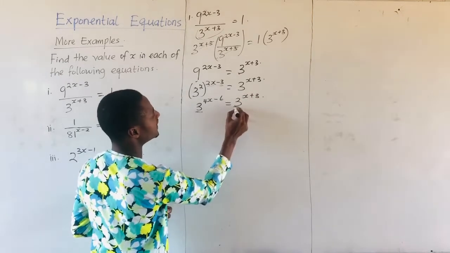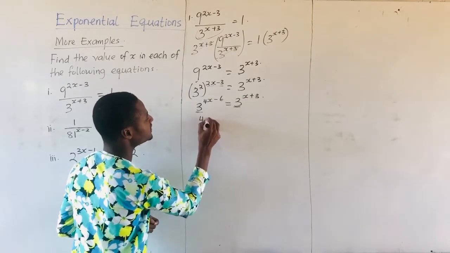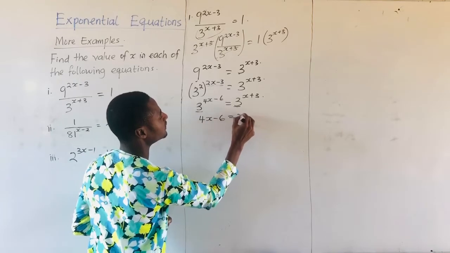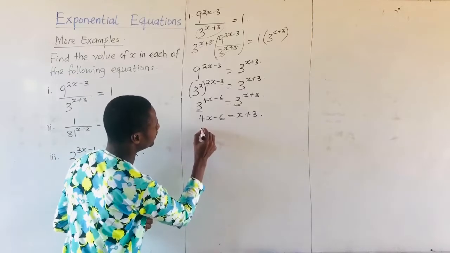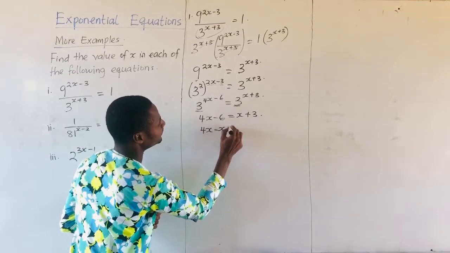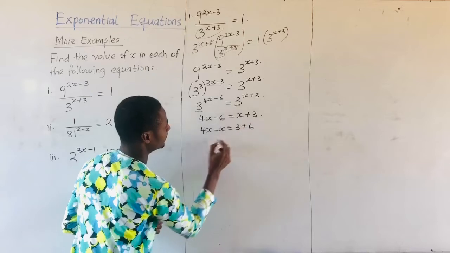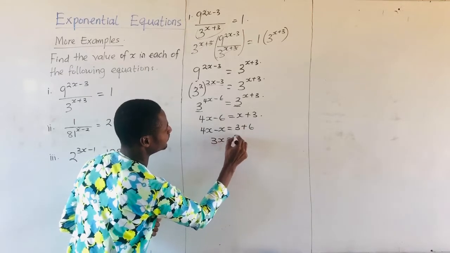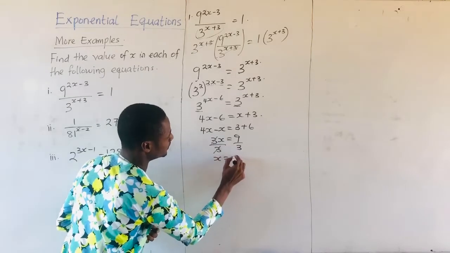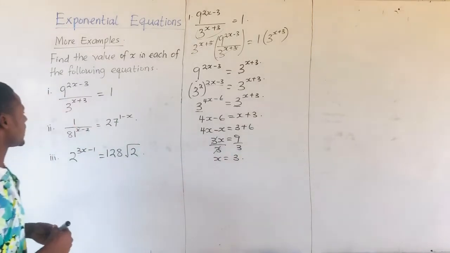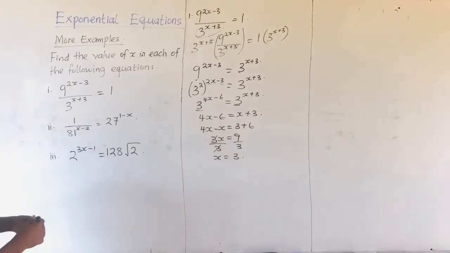Since the bases are the same, we can now equate the exponents. And this can be solved by grouping of like terms. Let's go to our second example. We have